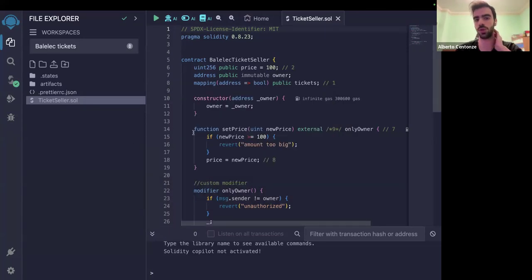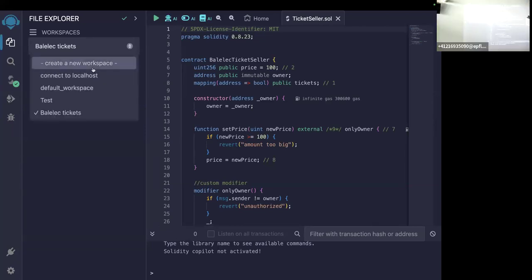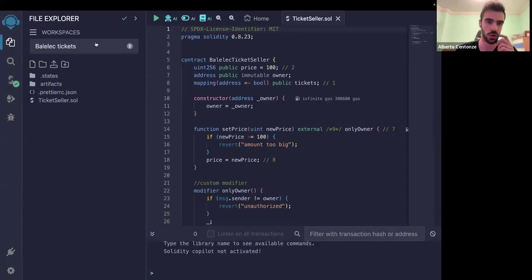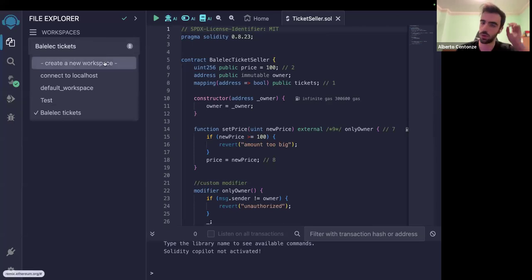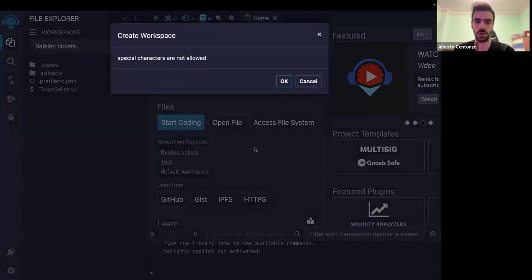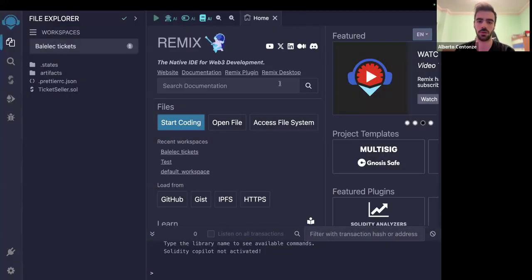If you did everything correctly, you should have a page that looks kind of like this. What we're going to do is make a new workspace here. If you go to workspaces, you can create a new one and call it whatever you want. We can just use the default template, the basic one. So let's say Zach BSA, and we'll say okay. Okay, special characters are not allowed.